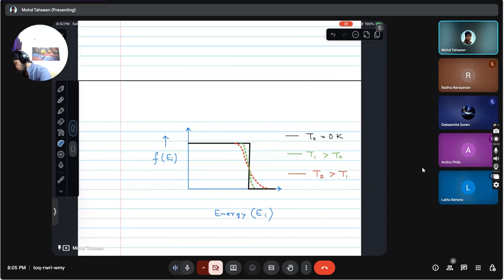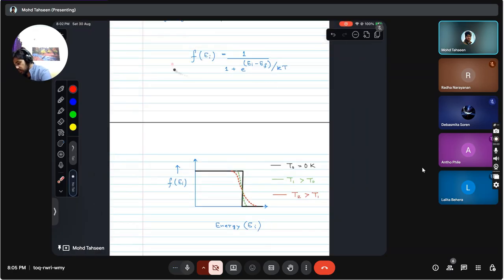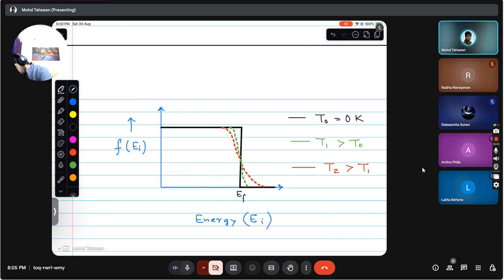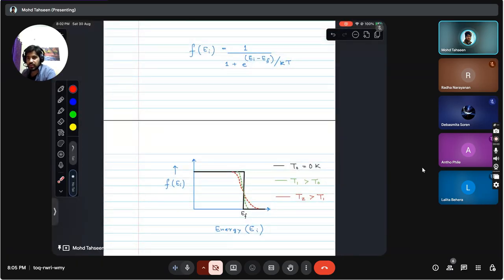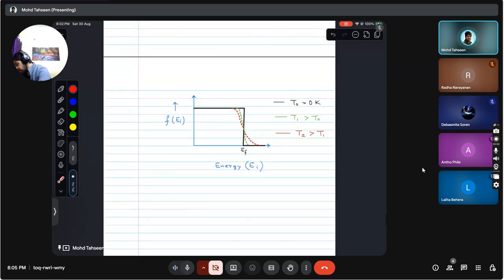Okay, so what I am doing here is plotting this function, because it depends on temperature. I am plotting it for different values of temperature. And what is this EF here, because it was not in our observations before. This EF is called the Fermi energy. Basically, the Fermi energy is the energy reached if you keep filling the particles into the energy levels. So now we have this kind of situation. This is E naught and this is E1, and similarly this can go on up to infinity. But let's say this is EF.